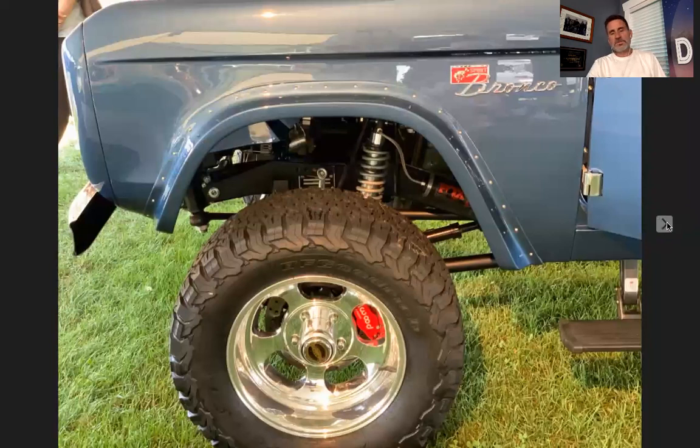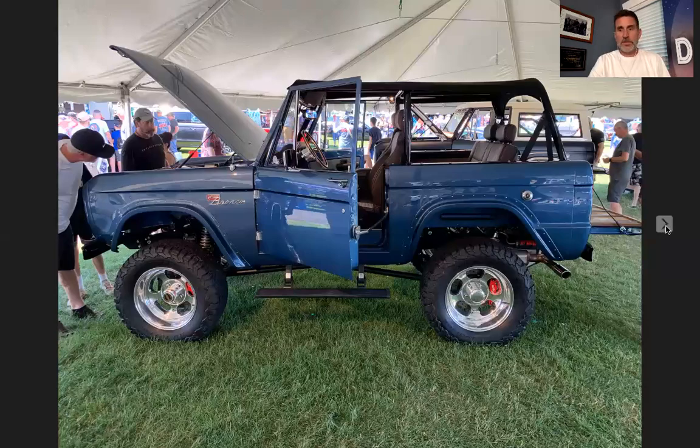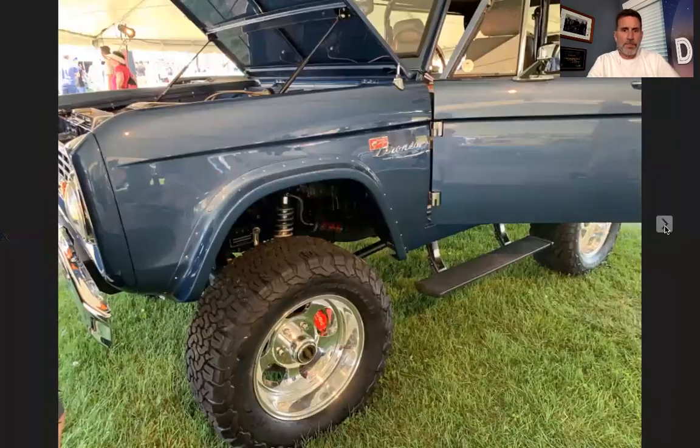And this was a Bronco built by Gateway Broncos. And I'll tell you something, I hadn't really checked out their products before, but this is a work of art. The detail in this Bronco was absolutely incredible. If you're interested in buying a Resto Mod Bronco, definitely check out their products. I mean, you get what you pay for. And this right here was a very clean vehicle. I liked it. A lot of detail, a lot of thought went into this Bronco, and it looks